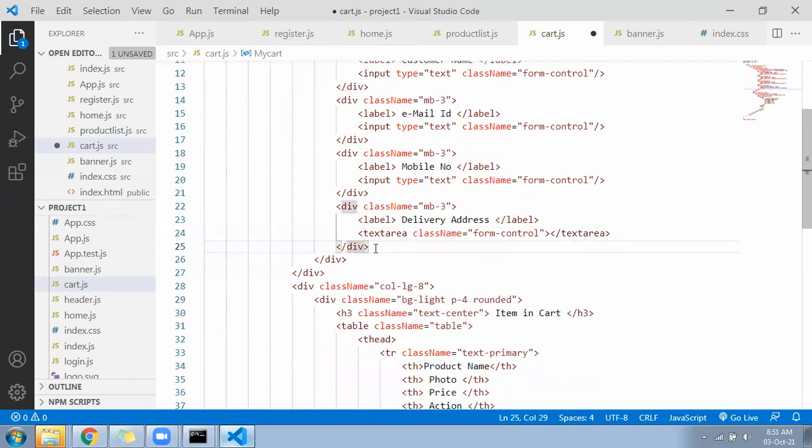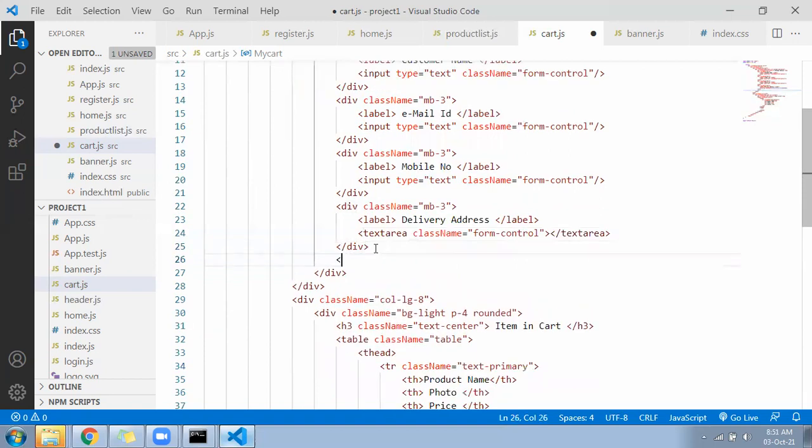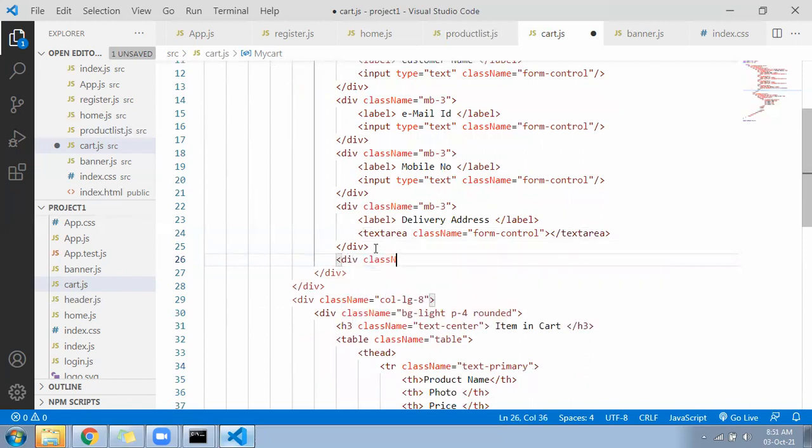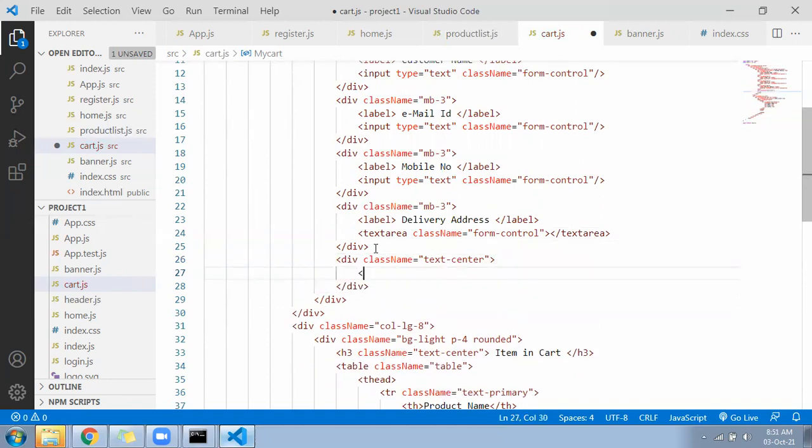Then one button is required in a division. Text align center. Button, place order, place my order.